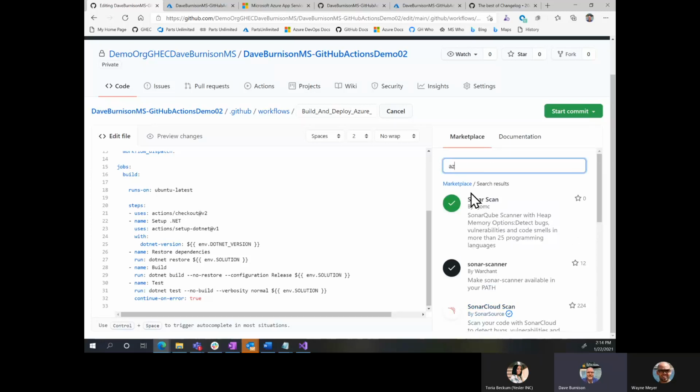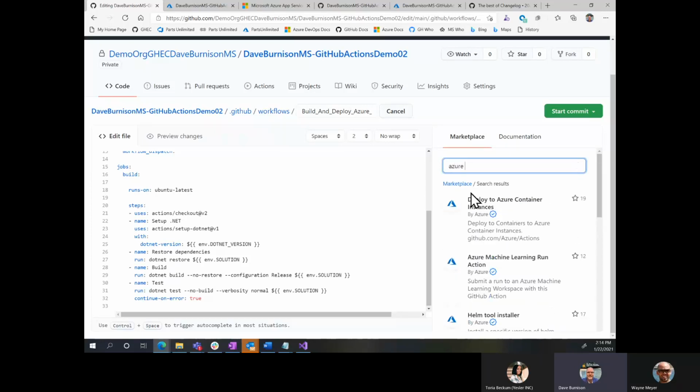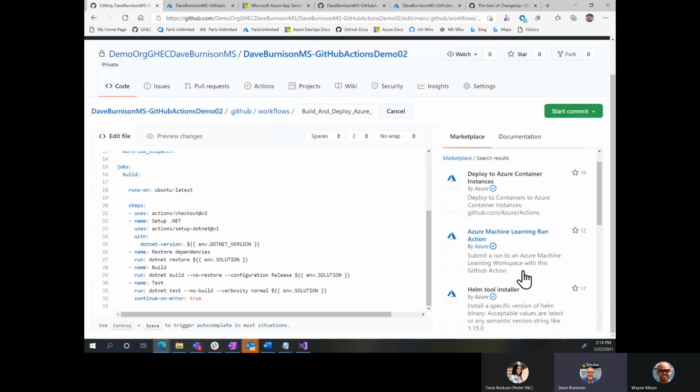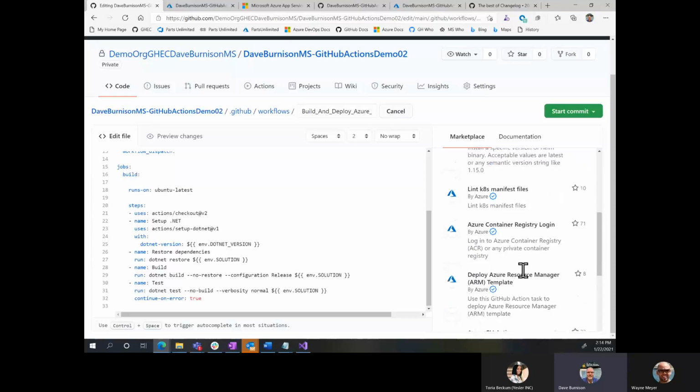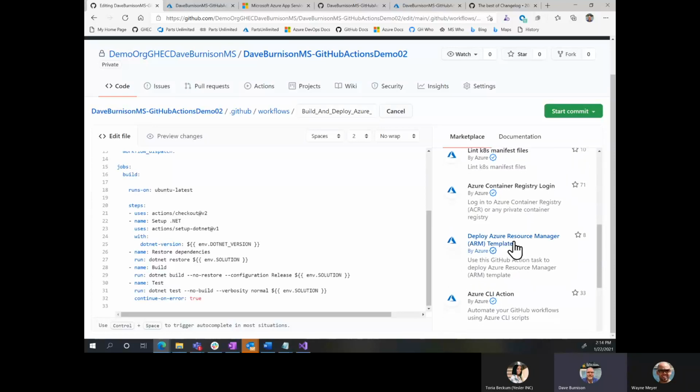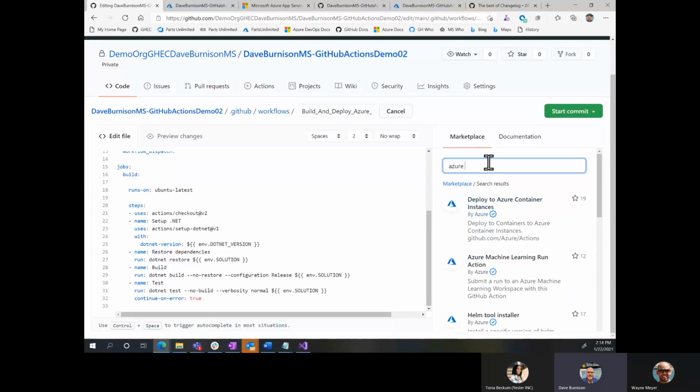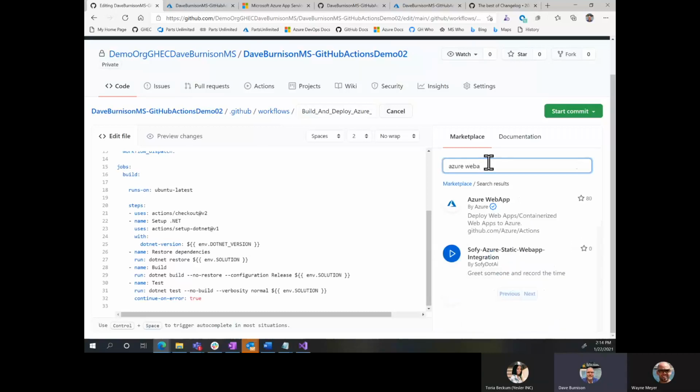Now, again, the thing I'm most interested in is that we want to deploy to Azure, but look at everything you can do for Azure: Kubernetes, machine learning, resource manager templates, etc. I believe there are over 75 Azure-specific actions out there right now.